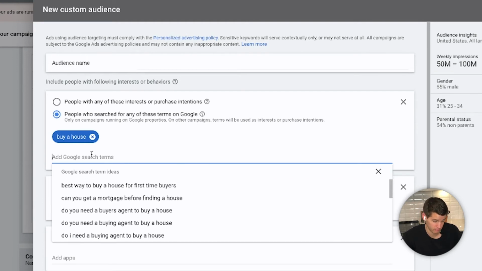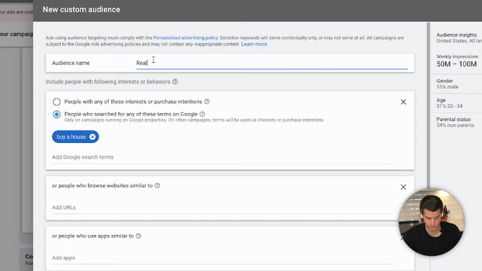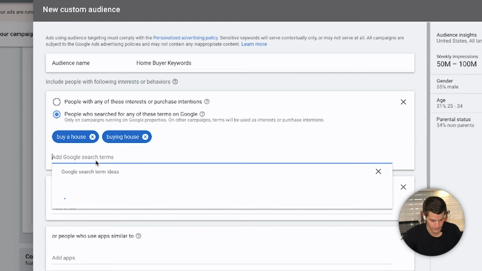The thing about making a custom audience is you really want each custom audience to be very specific. So the last one I would have typed in realtor portal sites, and that would have been the audience, just those realtor portal sites. Now this might be home buyer keywords, and I'll type in 20 variations of buying a house,